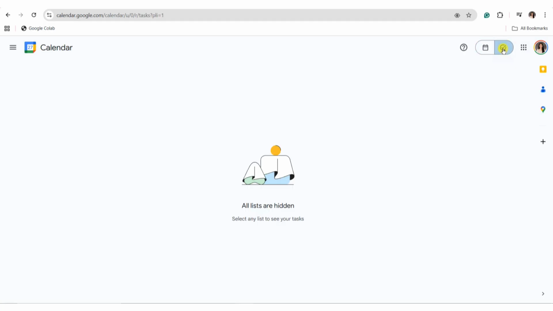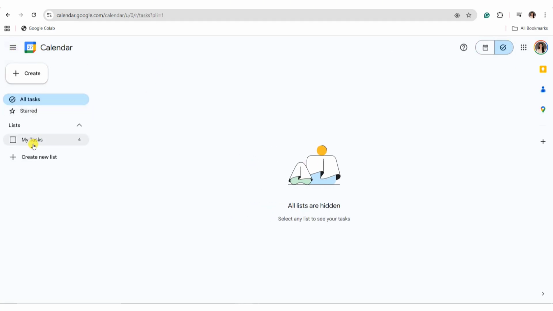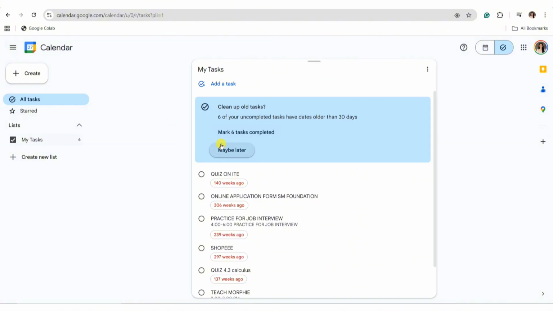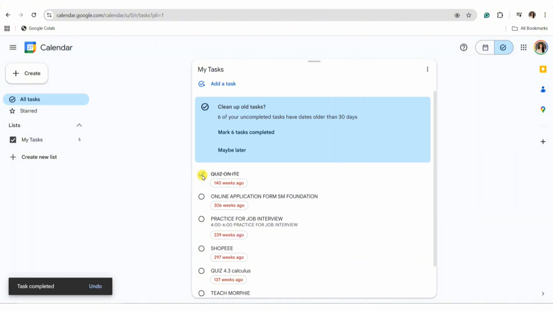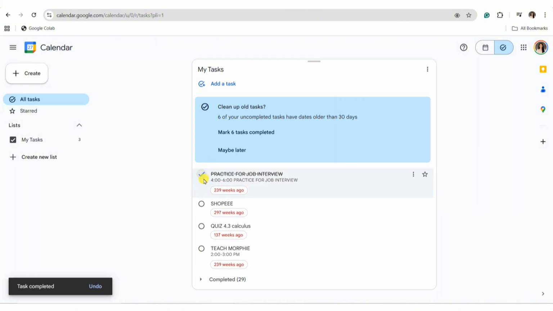screen. And then once you're in here, click on this burger icon at the top left of your screen and check my tasks. So in your task section, go ahead and make sure to check all of the tasks that you want to delete. So as you can see in here, you'll be able to find an option to delete all your completed tasks. So you need to make sure that you have checked all of the tasks that you